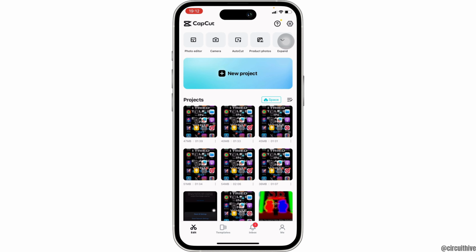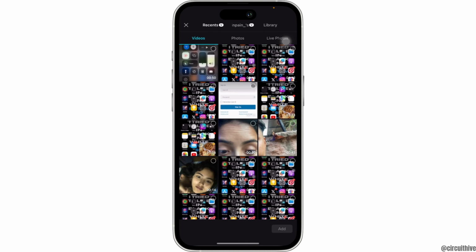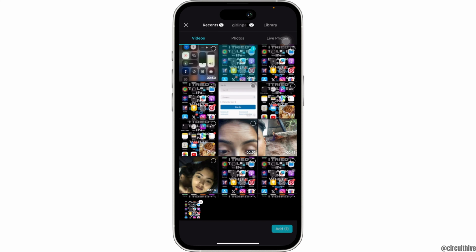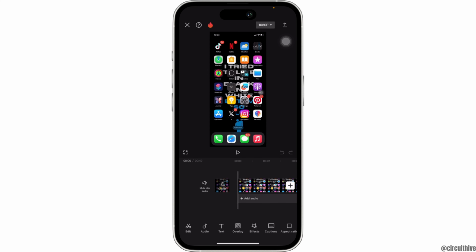It will land you on this page. Tap on New Project. It will open up your gallery. From here, select any of the video or the photo that you want to edit. Let's say I want to edit this video. Click on it. Once the video has been uploaded here, at the bottom right corner, you'll get to see the